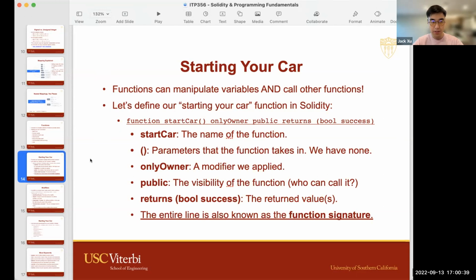And then we have private, which is the most secretive visibility. Private means that only entities from within this smart contract can call it, excluding the children. So even if this smart contract has children, the children cannot call this function. Only code strictly within the smart contract, like within the same source file, more or less, can call it. If you're confused, that's totally fine. I just wanted to give you an idea of what they are, but we're going to get into it more in the future.